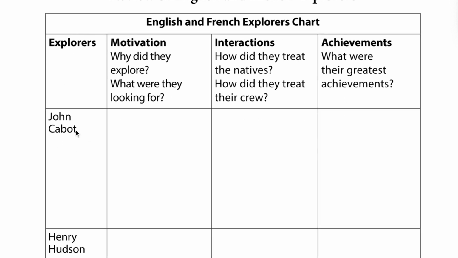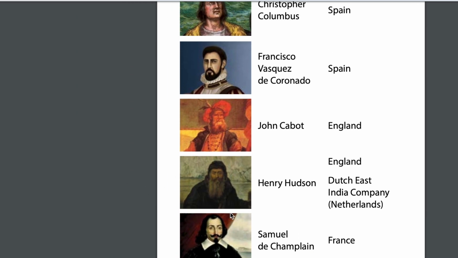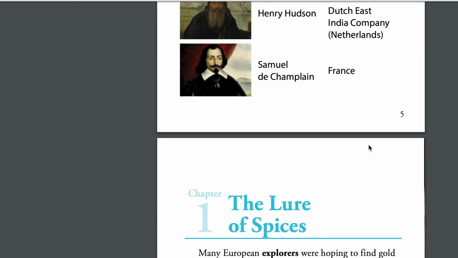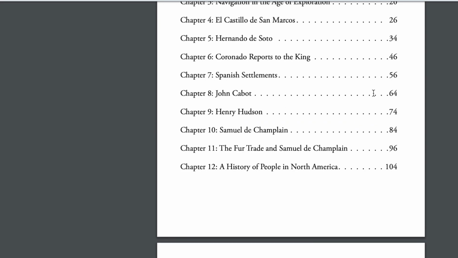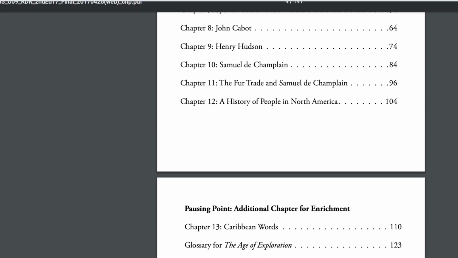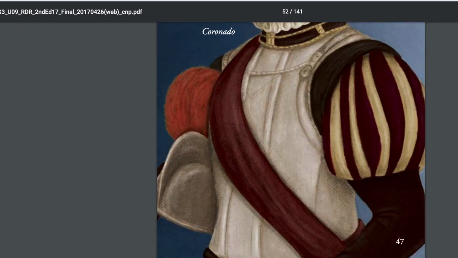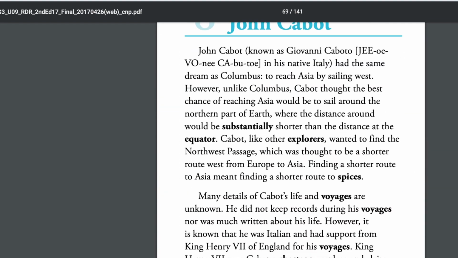So number 1 is John Cabot. Why did John Cabot explore and what was he looking for? So we know that John Cabot was an English explorer, and let's go and look at our picture of him here. Here's John Cabot. He was from England, and I'm going to go to my table of contents up here, and I'm going to go to page 64 so that I can read more about John Cabot and remind myself why he came to America, to North America. Okay, so here's John Cabot,